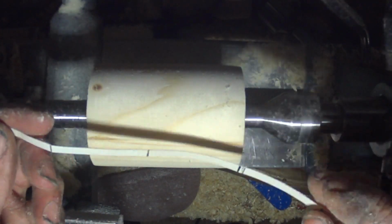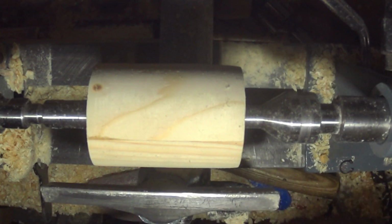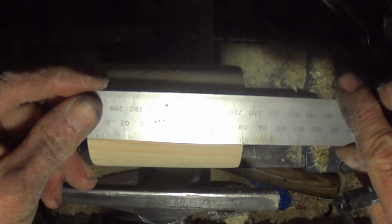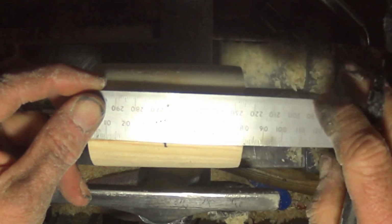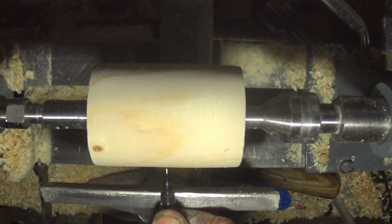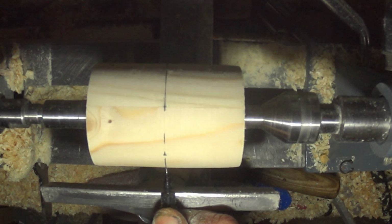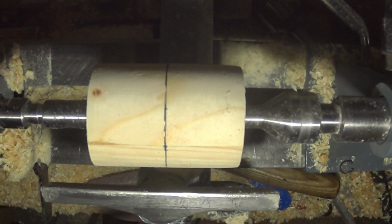So here we've got a ruler that divides your sphere into four. Now if I measure to the centre, another good thing about these, they bleed less. This is pine that I'm using, and it's very bleedy, and these are the least bleedy pen that I've found to mark them out. Mark a line round,